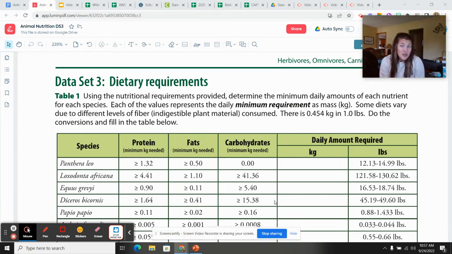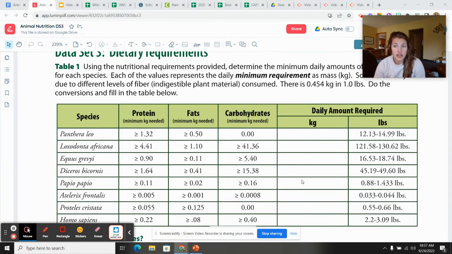And as you can imagine, animals in a zoo are a lot less active than wild animals. So we need to be able to feed them, but feed them appropriately so they don't become overweight or sick or anything like that. So the first thing that you are going to do is convert pounds to kilograms because the rest of the world uses kilograms. In order to do this, we have a conversion right up here. In 1 pound, there are